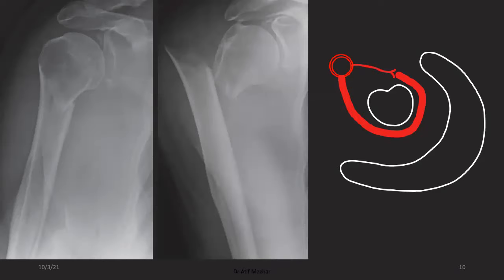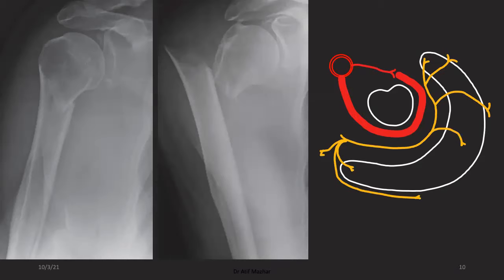If I see this, think of if a bone is transected like that, what's going to happen with this artery, and especially my posterior circumflex humeral artery. And then you can see the axillary nerve and look at its different branching. So these two structures are highly susceptible to be damaged if this type of fracture occurs. So if you see any case with this fracture, even with dislocation, always look for these structures.